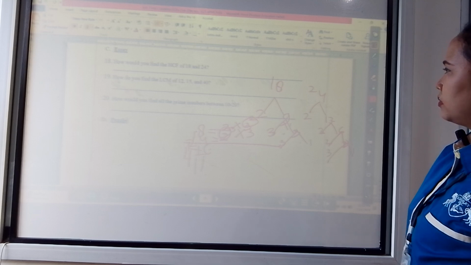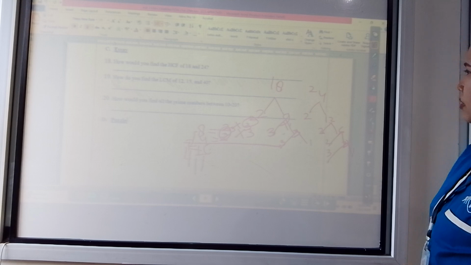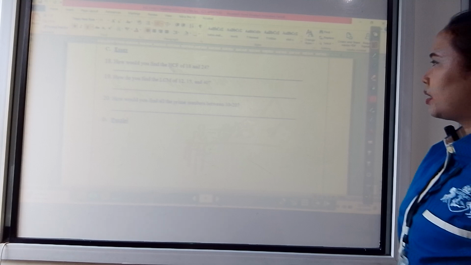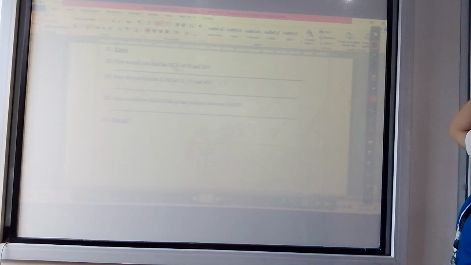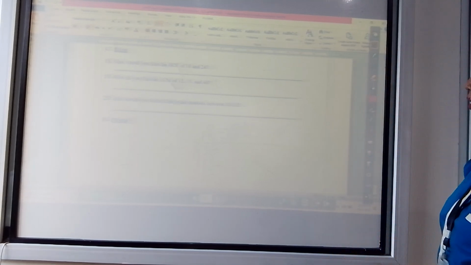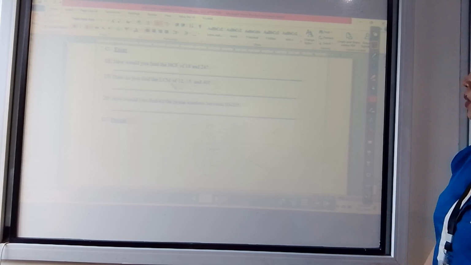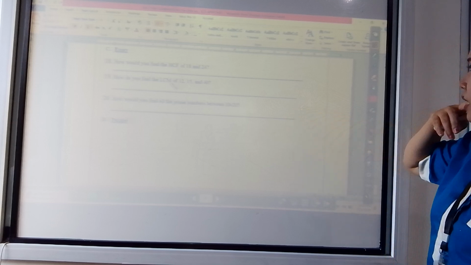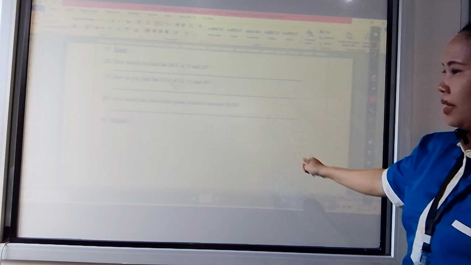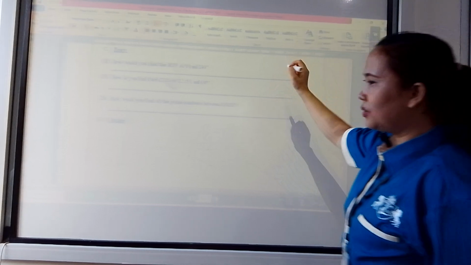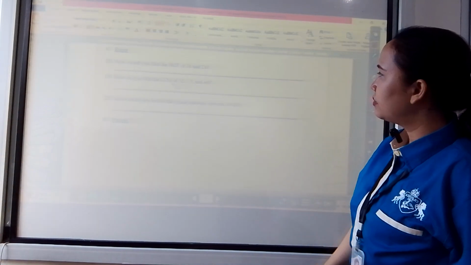But what is the rule to find the least common multiple? Just like before, you explained that for the highest common factor, we need to find the same factor with the lowest exponent. So how about the least common multiple? How to find the least common multiple of 12, 15, and 40? We break them into factorization like before, and then we multiply the factors. Should I make this one? Just find 12 and 15.